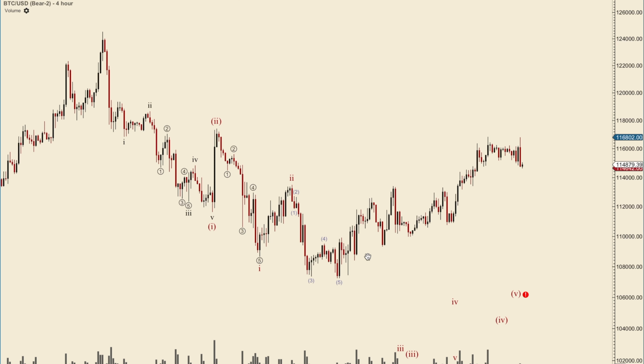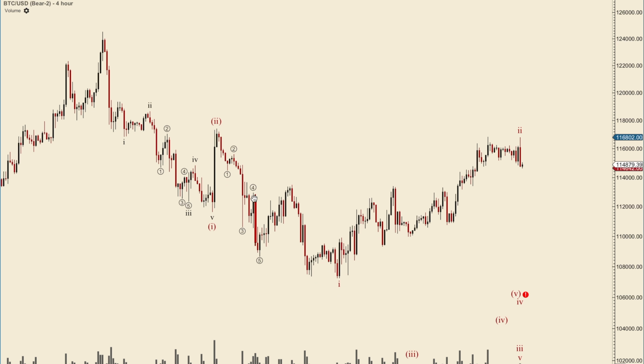We need to remove that, and if this is a 1, 2, then what is this? This can't be an A, B, or a C to a 3. So you see the issue here. So then we need to basically have 1 here and 2 over here, because this is the top. So if we remove these, you can see here that if we put the 1 here, this is very challenging to count as